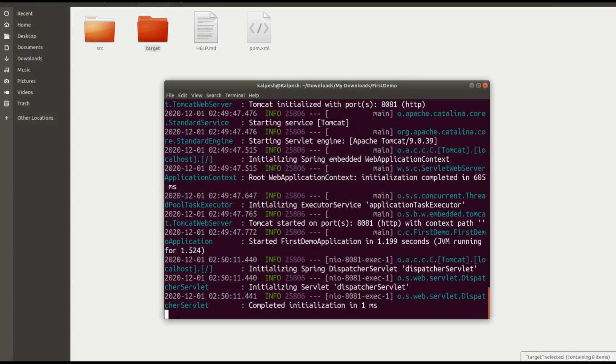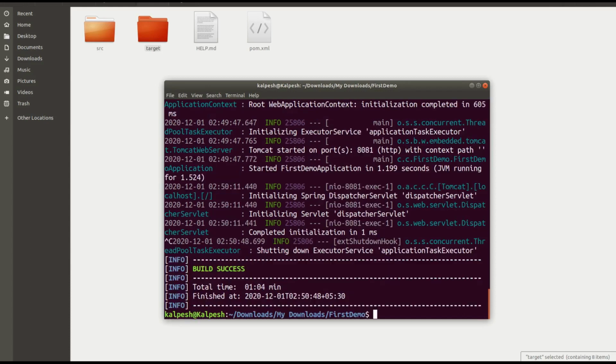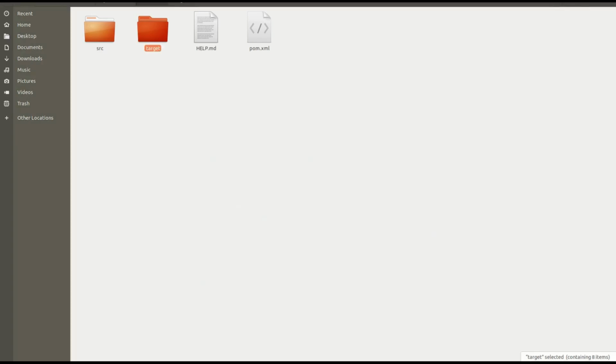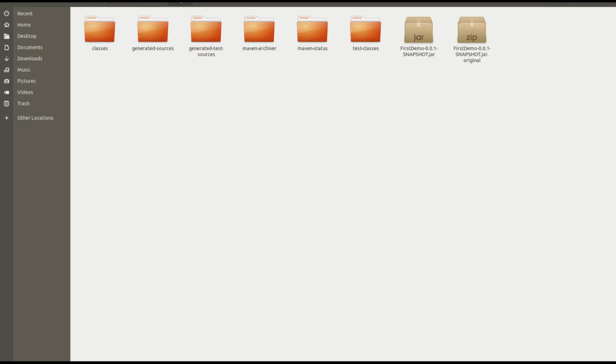And yes, just now I told you we can run our application with the help of the jar as well. So I'll tell you how we can run our application with the jar. First, terminate this application. If you want to terminate it, you can use Control C. Okay, we are going to close this terminal and open the folder or directory where your jar file is present. You can move this jar file anywhere, so that you can deploy your application with it. Simply, I'm going to run my application from this target folder itself.